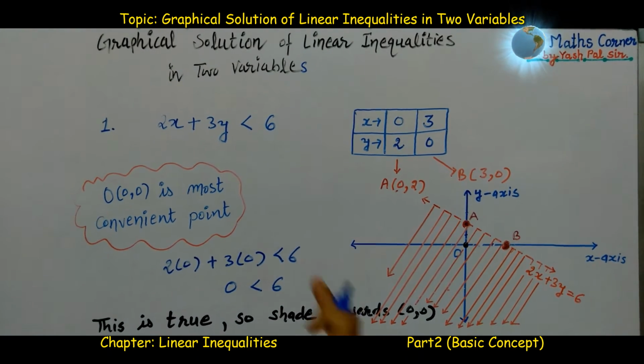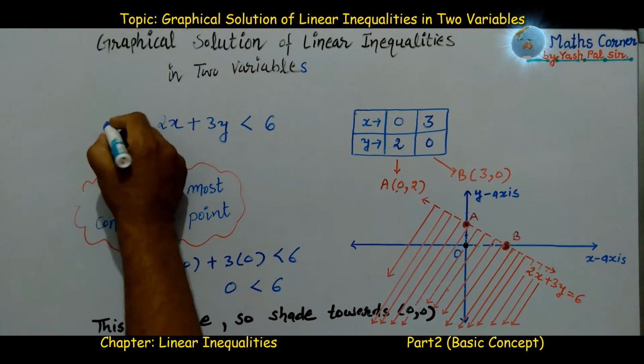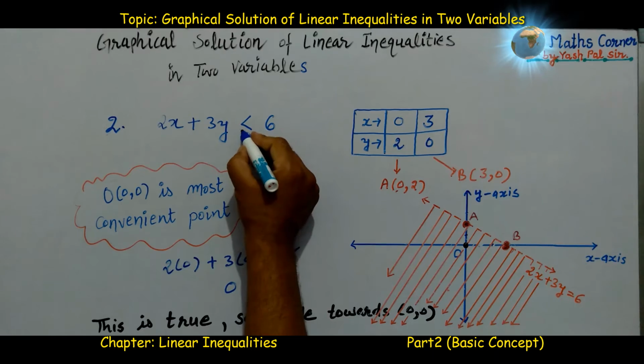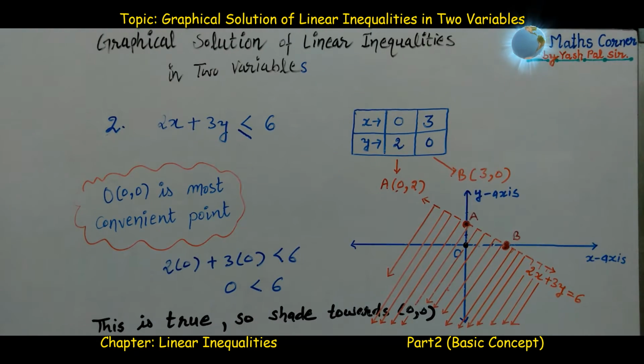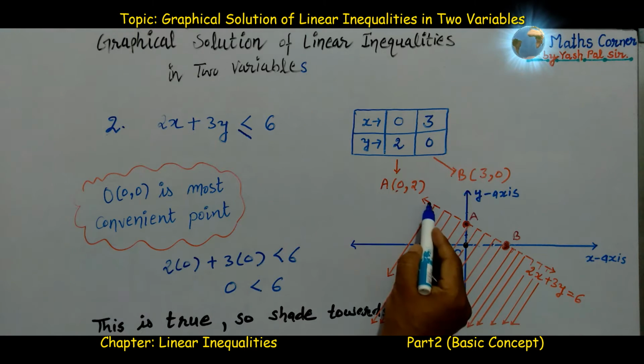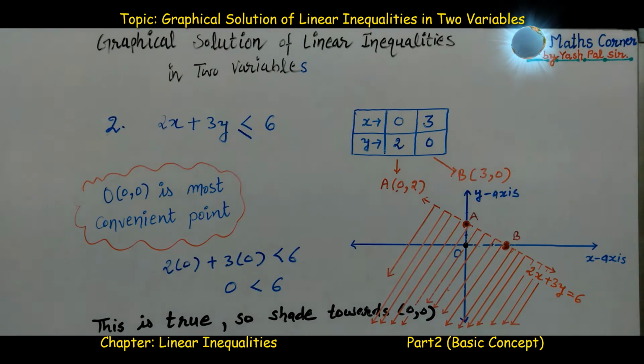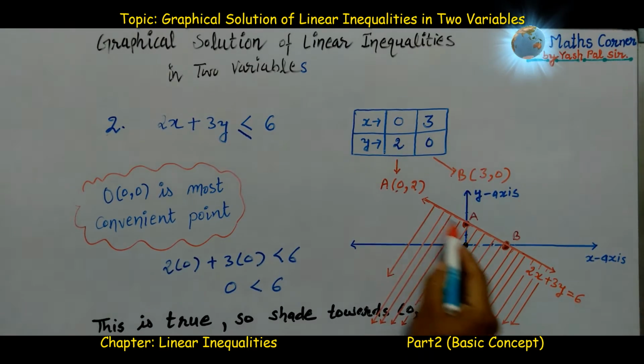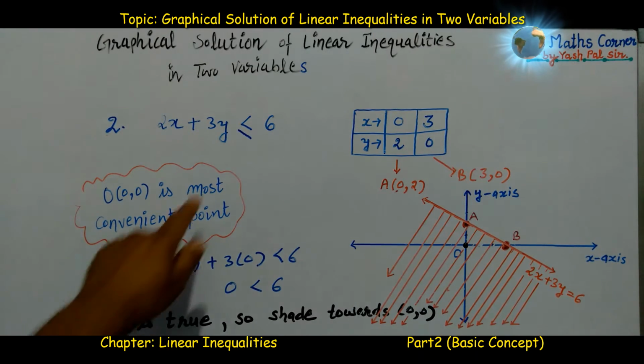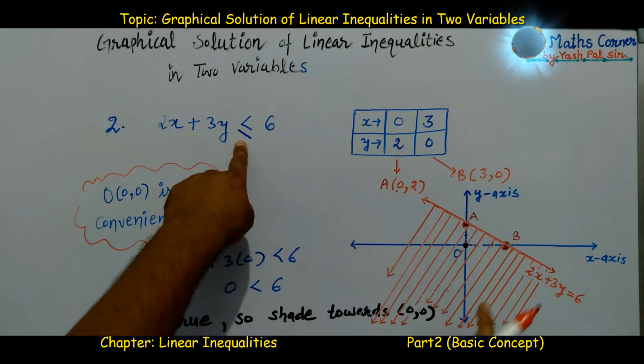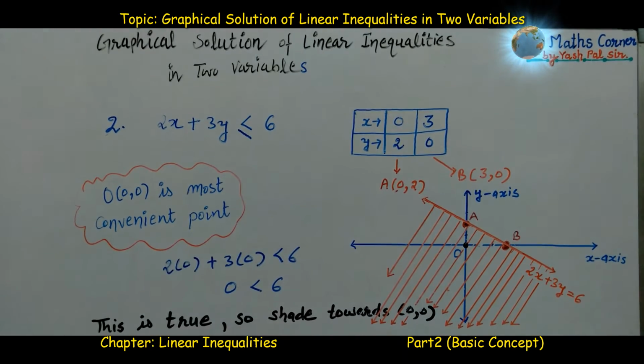Here we do nothing, just only in example 2 we take equal to sign also. Then what is the effect? What is the difference? Only difference comes here on the straight line. In previous example this was dotted line, now this will become dark line. This way the line is darkened now. This darkened line is only the effect of this equal to sign. Rest everything will go same.